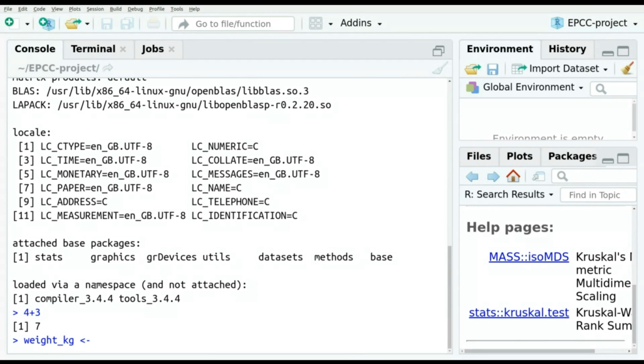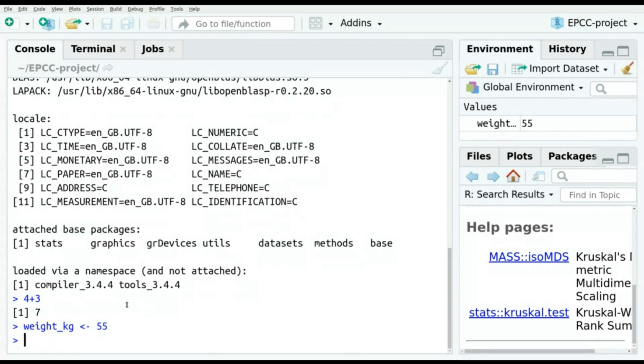This is like an arrow, and with that you can assign. This is the assignment operator, and then you type the value, in this case, the same 55. If you click on enter, you will see on the top right part of your window that now you have a value called weight kilograms,